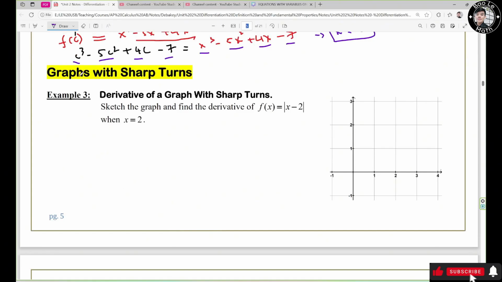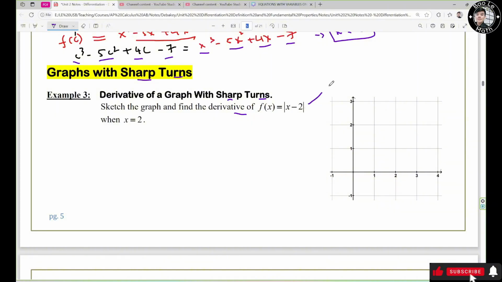Now let's talk about the graph with sharp turn. Example number 3. Derivative of a graph with sharp turns. Sketch the graph and find the derivative of f of s equals absolute value of s minus 2. Alright, so we know that